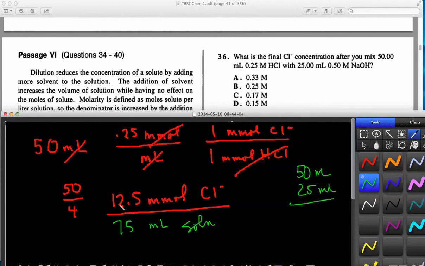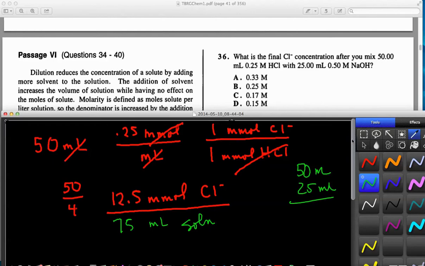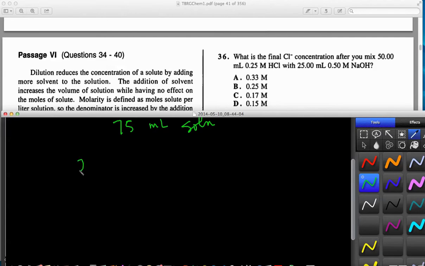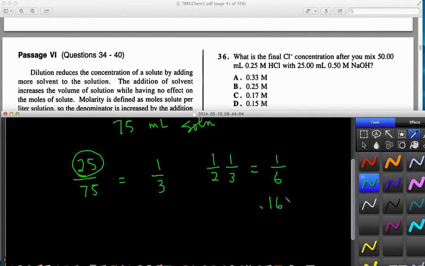So 12.5 over 75, let's think about estimating that. 25 over 75 is pretty easy. That's 1/3. 12 and a half is half of 25. So I have 1/2 of 1/3. That is 1/6, which is 0.166 repeating. You could estimate that as 0.17, and that is precisely